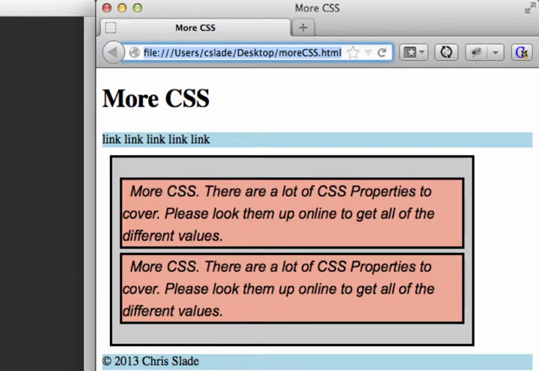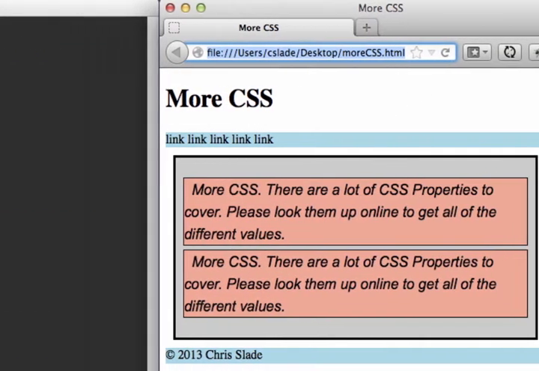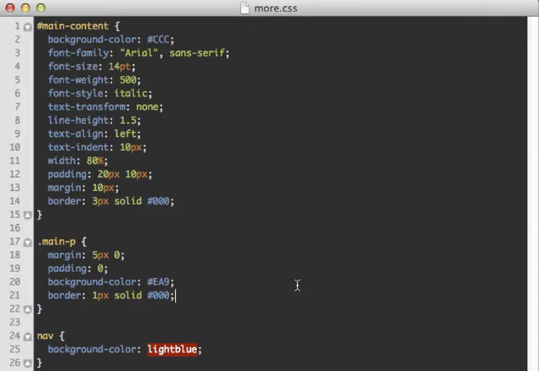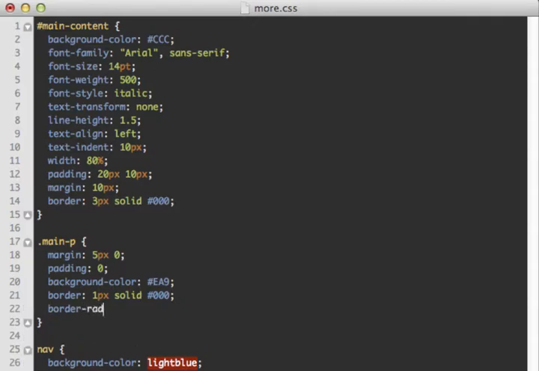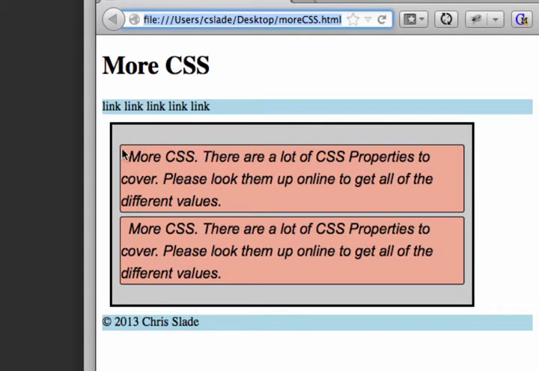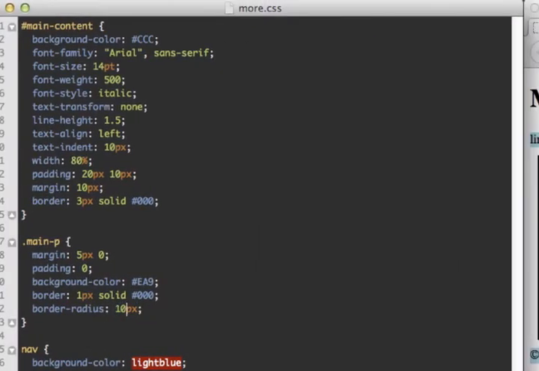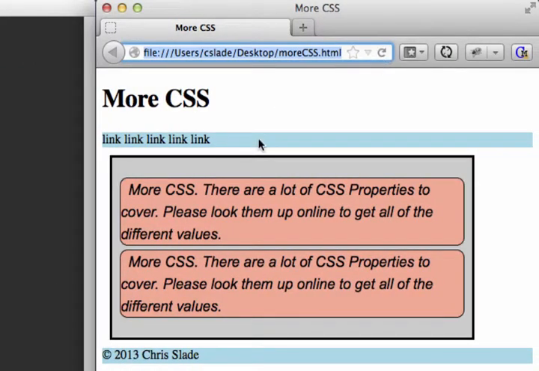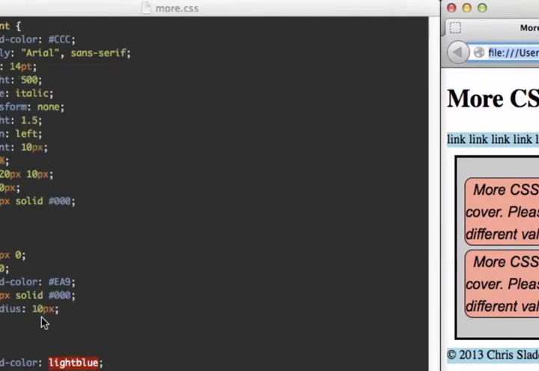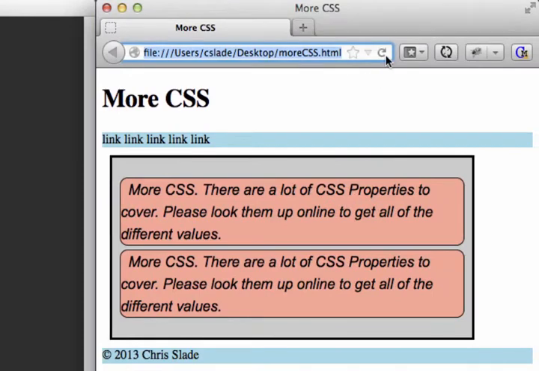And so there's that. Maybe a little bit thinner border, so it's not quite so thick. Now one thing that we can do with the borders is we can round the corners with a border radius. And the border radius, we can do 3 pixels like that. And if you notice, the little points on the corners kind of went away and are a little bit rounded. If I increase this to say 10 pixels, then we'll see a larger circle along the corners, as we can tell. And if I go really big, say 80 pixels or something like that, we'll start to make an oval